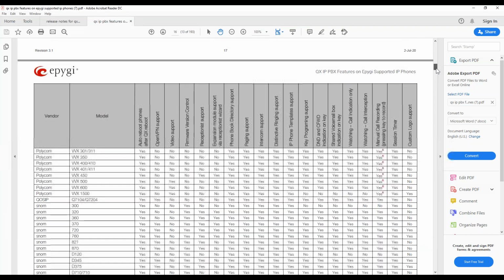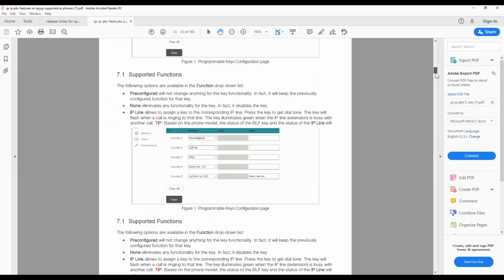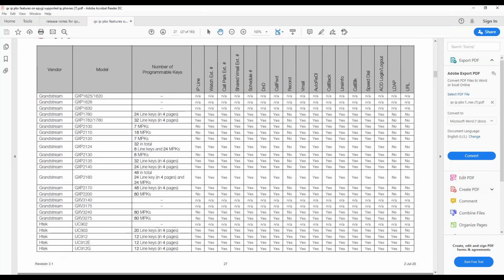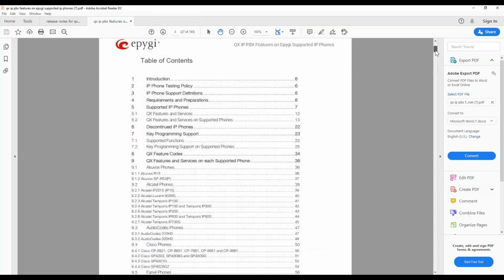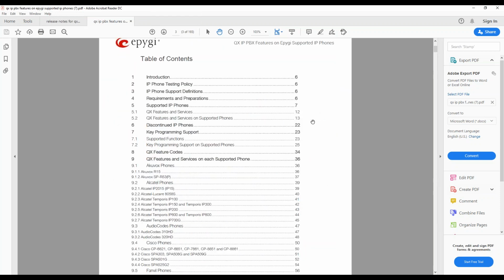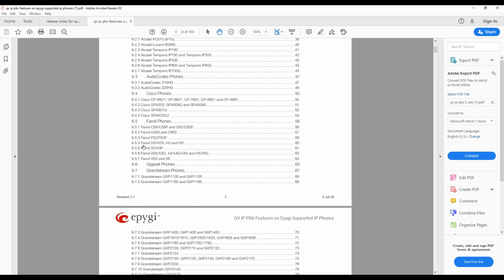Okay, then there's a similar section, another section down below. It gives some more specifics about each phone, like the number of keys that it supports, whether watched extensions work, do not disturb, call recording, and whether you can put a key on your phone for that. So it gives a list of all those. And then if you look at the specifics for each different phone,